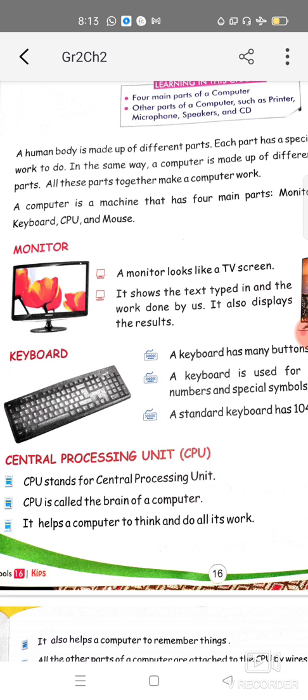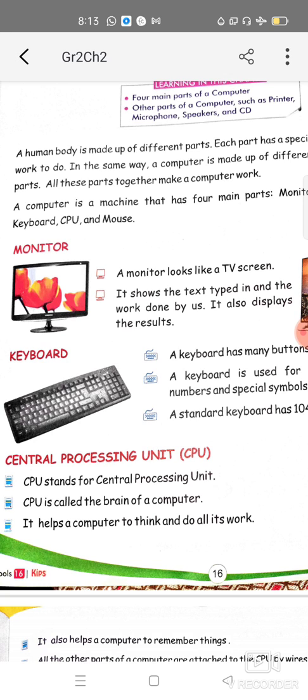So the keyboard is accepting input from you, the user. The keyboard is accepting the data, so it is called an input device, and the monitor is providing output, so it is called an output device.